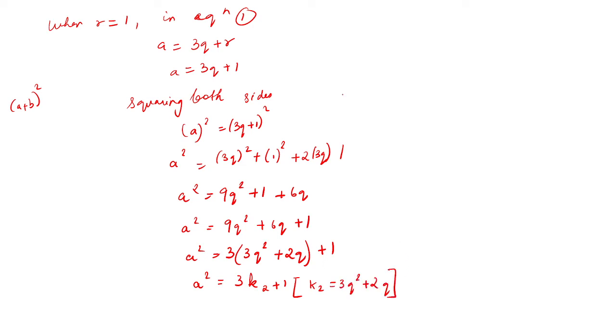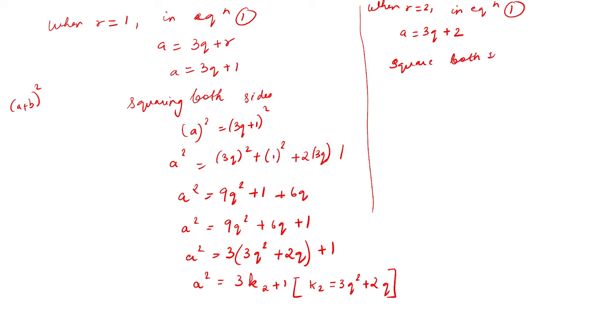Okay, now finally when r is equal to 2, what do we get? In equation 1, when you put a equal to 3q plus 2 and you take the square, again you square both sides, you'll be getting a square equal to 3q plus 2 the whole thing square. So open up the bracket again, so a square